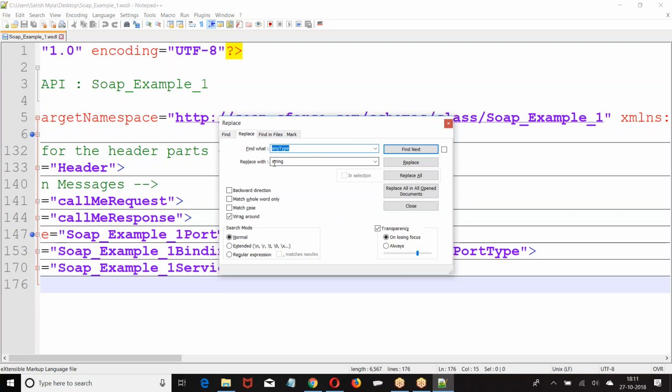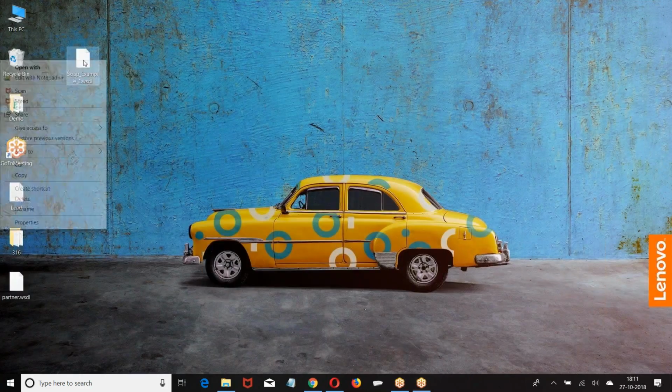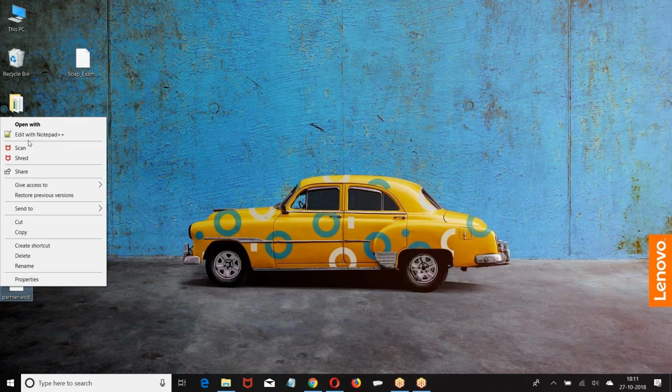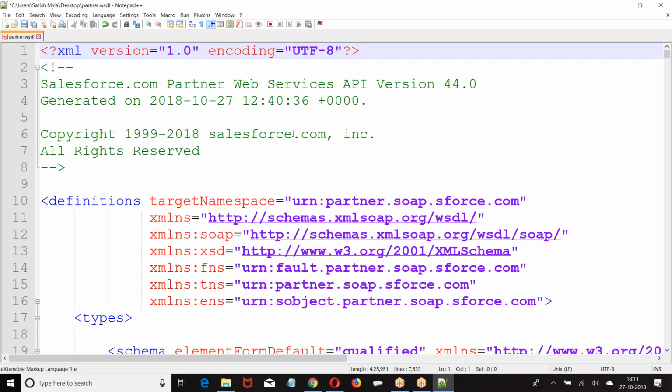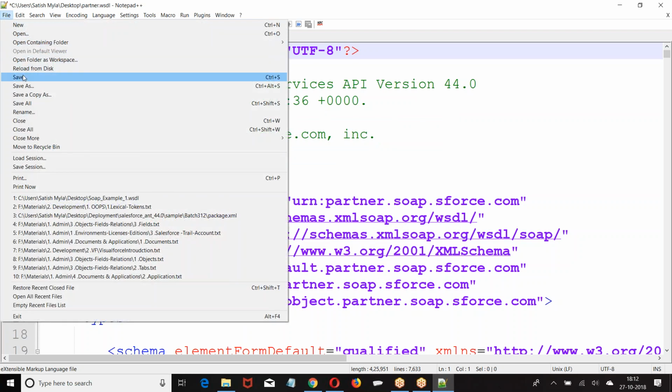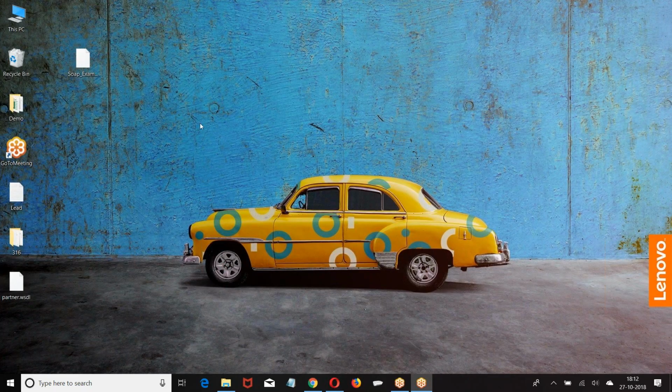Replace any type with the specific type. There are 4 occurrences. All of them are replaced.